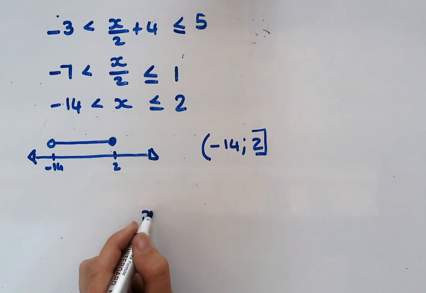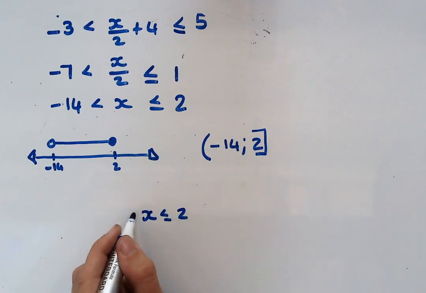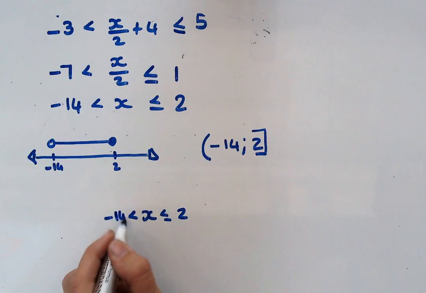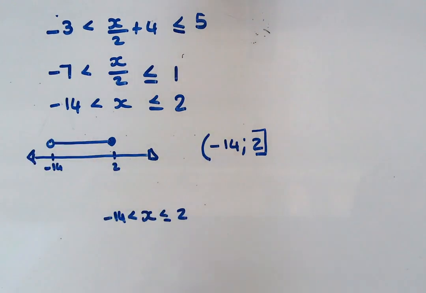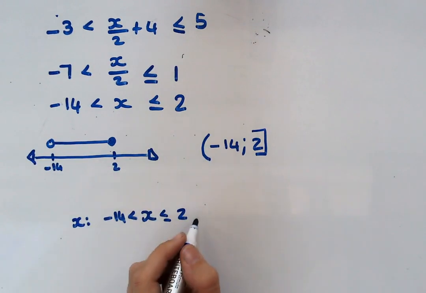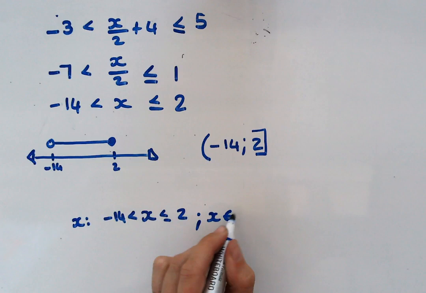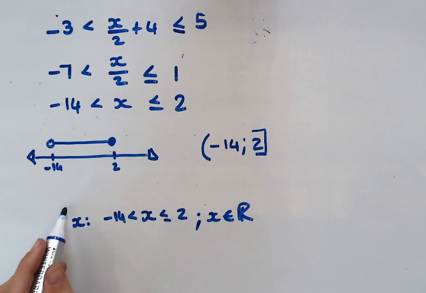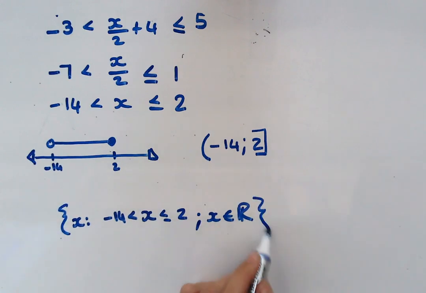And the last one is the set builder notation, where I basically copy that in smaller than, bigger than notation exactly as is. I'm going to put x such that in front, and x is any real number at the back, and then just curly brackets around them. That is set builder notation.